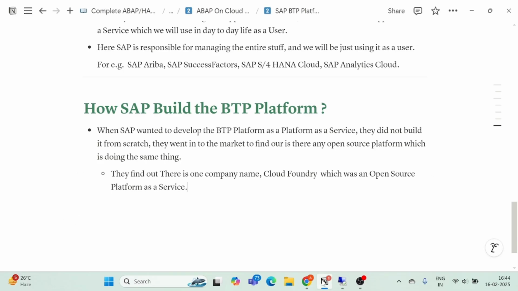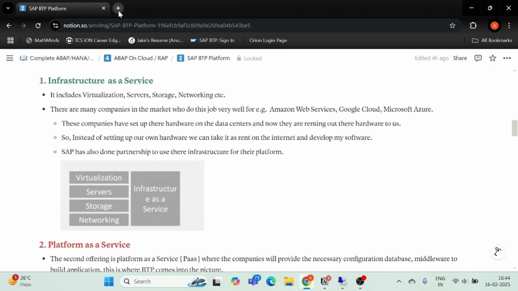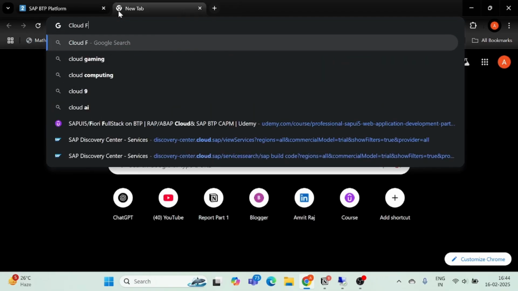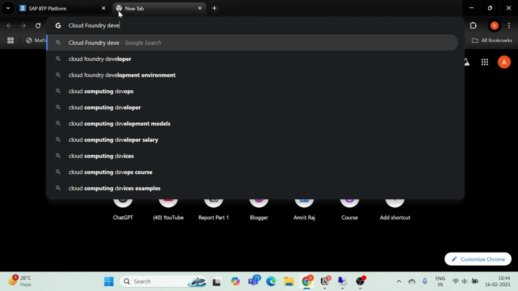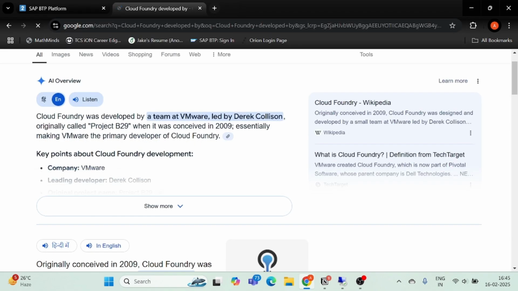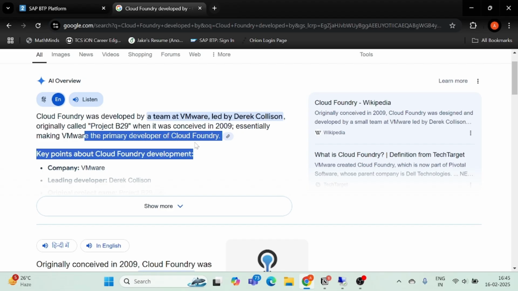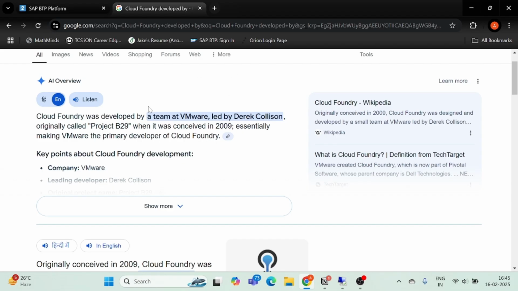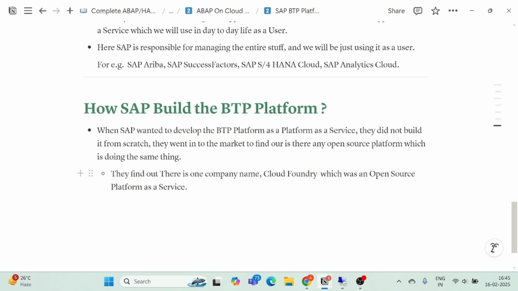So if you want, you can directly go and check Cloud Foundry. Cloud Foundry was developed by a team at VMware led by Derek Collison, originally called Project B29, which was conceived in 2009, essentially making VMware the primary developer of Cloud Foundry. So SAP found out that there is a particular company, Cloud Foundry, which is an open